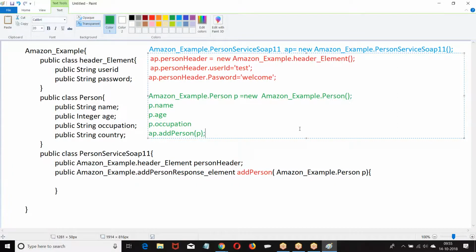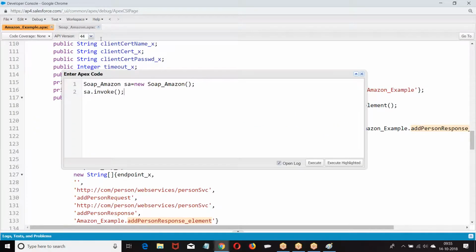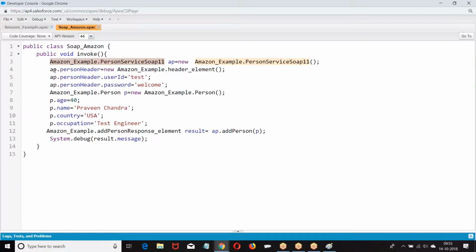So here, where is our authentication process? In the header I am passing it. Where was my authentication data passed? In the header. How are you passing it? As a header element. If the people are expecting you to pass the authentication in the header, we put the authentication data in the header element. I hope you have followed this point.